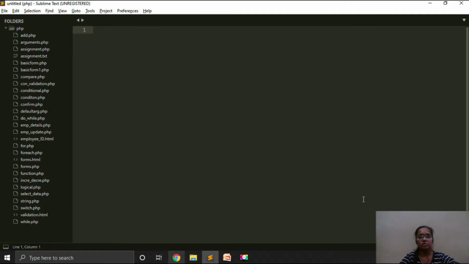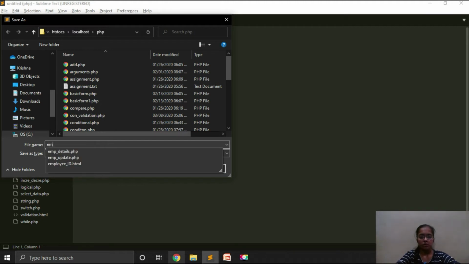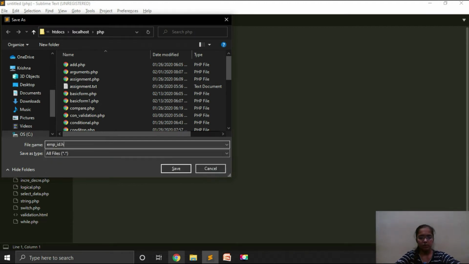Our first task is to create a text box that will accept the employee ID from the user. For that an HTML file will be used, so I will create a file named emp_id.html.